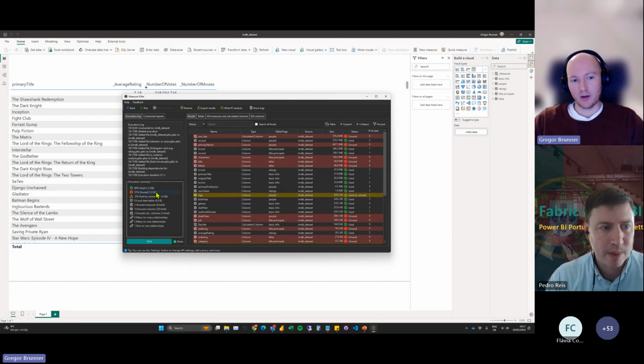So you can see we have 2.5 gigabytes in total in our model, and we can see only 49% is used, and this means it's used in any of the reports, including this dataset page, and 51%, more than half, is completely unused. So this already tells me right away that I can save half of the size of my model approximately just by kicking out what I currently don't need.